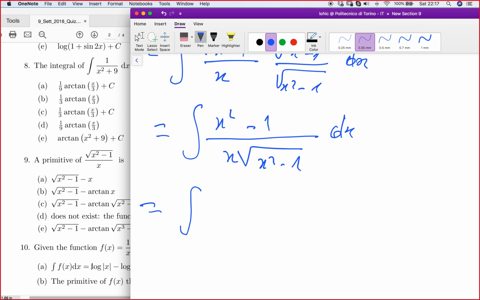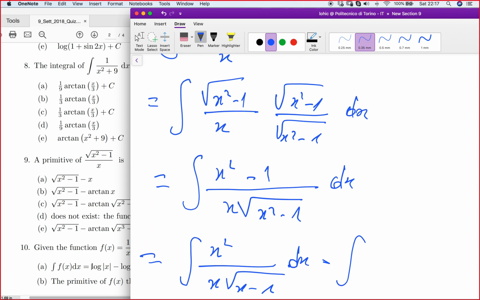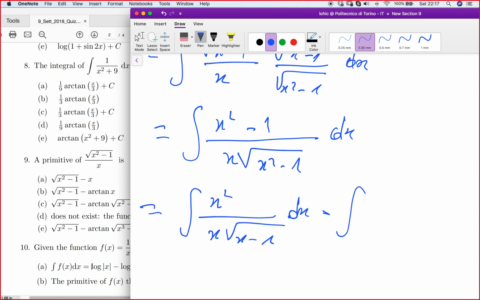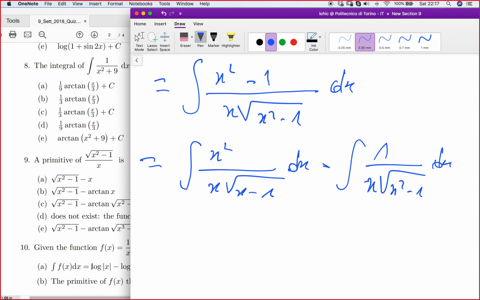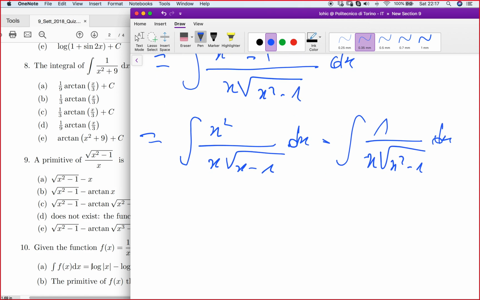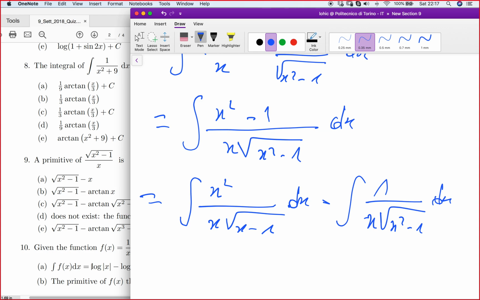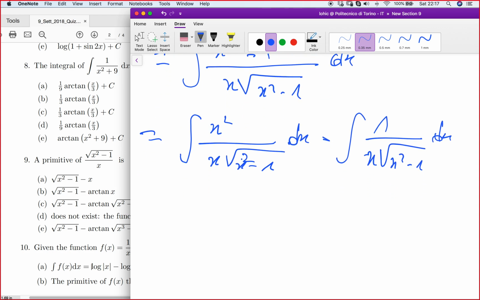Now we can split, that becomes the integral of x squared minus 1 over x root of x squared minus 1 in dx, minus the integral of 1 over x square root of x squared minus 1 in dx. So nice, this simplifies to x over